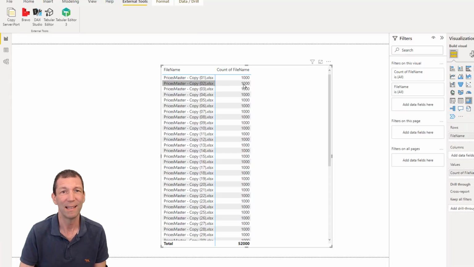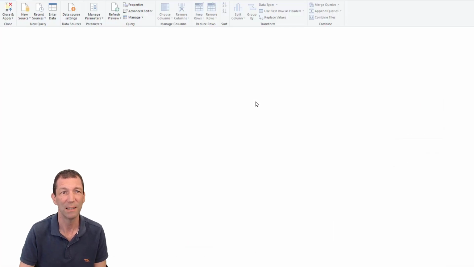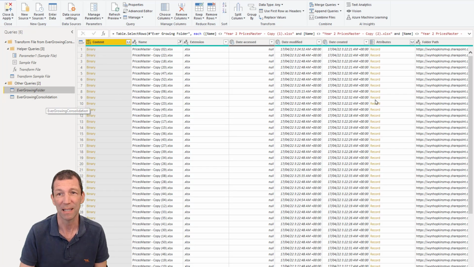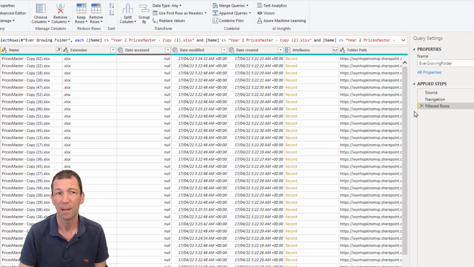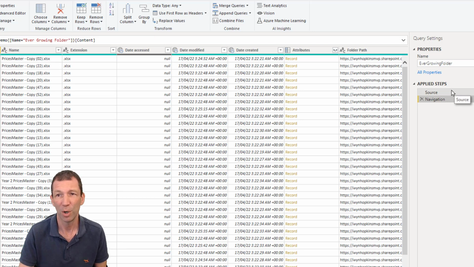I'm going to go back in here and I am going to change this query. So home, I'm going to go to transform data. And I've already set up a little folder that didn't have the new files in. So I am going to go to this. Let me get rid of that filtered row step. I am actually going to go and look at,